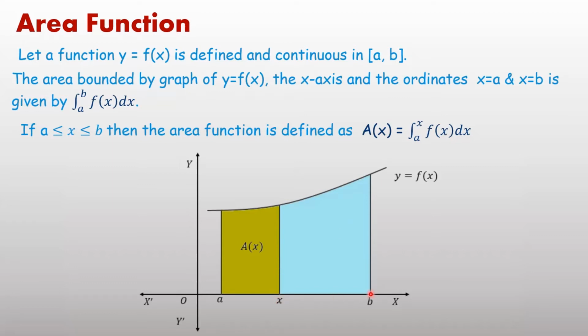If x equal to b, in place of x we write b, then we are going to find the area from x equal to a to x equal to b. But remember, the value of x is between a and b. By chance if x equal to a, then the area will be 0, because it is from x equal to a to a. If the upper limit and lower limit are both the same, then the area between the curve and the x-axis will be 0.